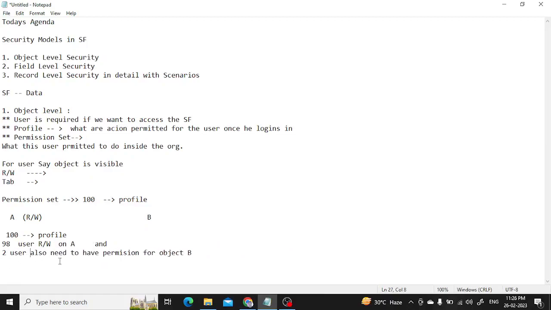For them, I want them to also have extra permission for B. Now this can be done in two ways. Either you can create two profiles, one profile for these 98 users and another profile for the second set of users, or these two users. But Salesforce says don't do it this way. How can we do it? Just create a single profile,